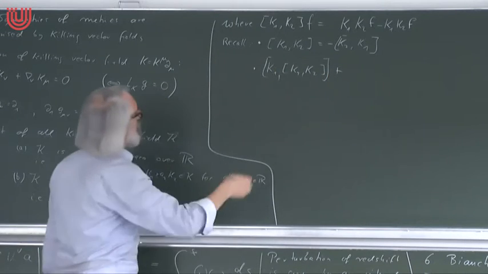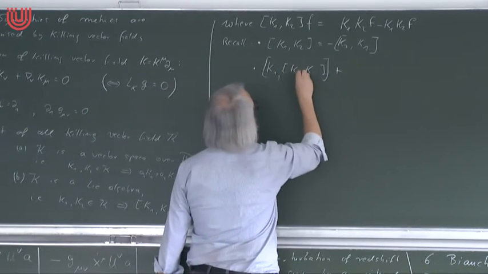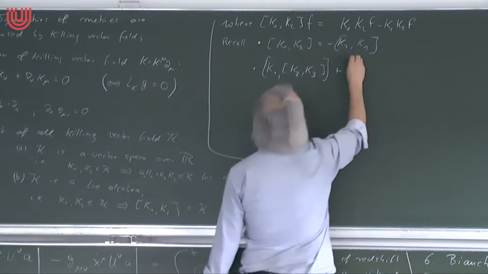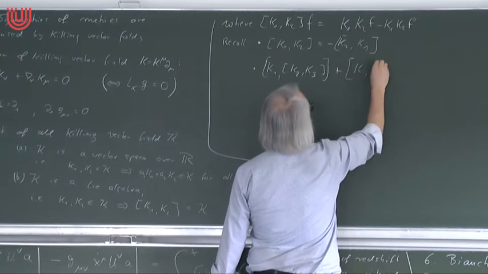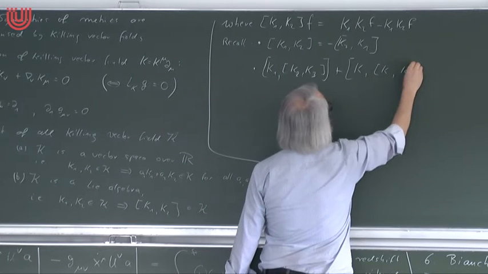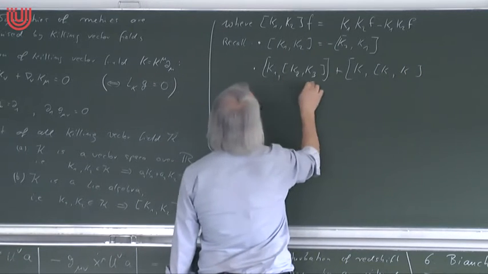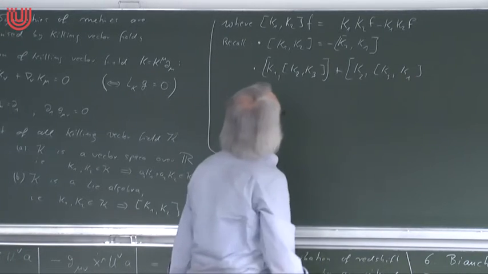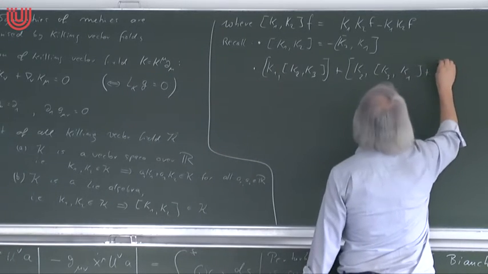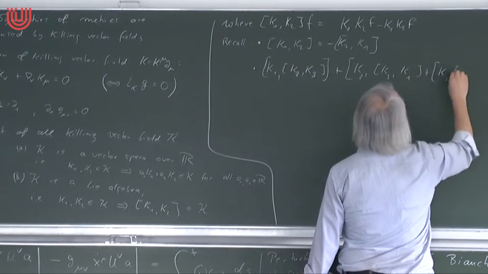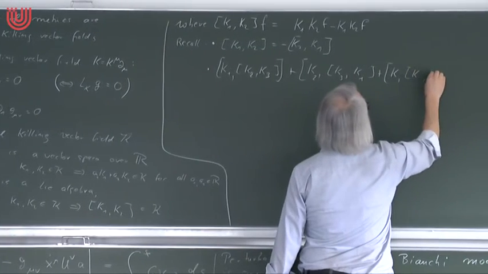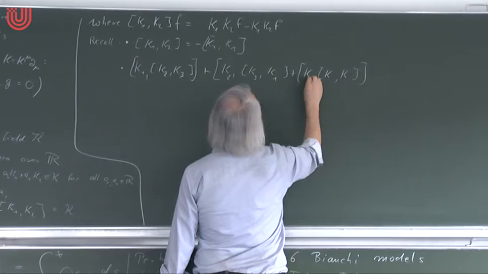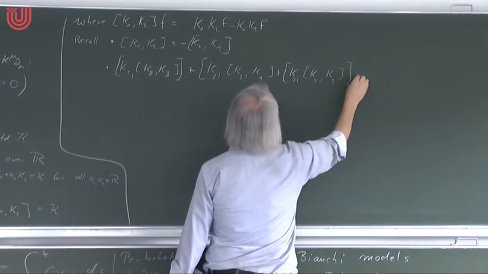And now I permute cyclically. I need three, sorry: 1, 2, 3. I permute them in a cyclic fashion. So I have K 2, 3, 1, and again cyclically permuted, 3, 1, 2. And this gives you